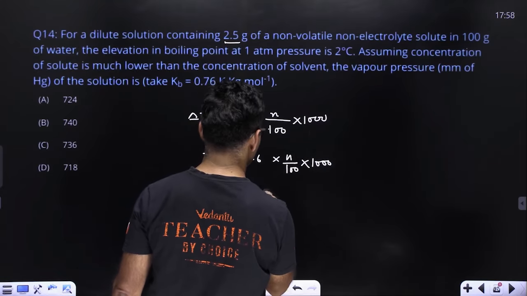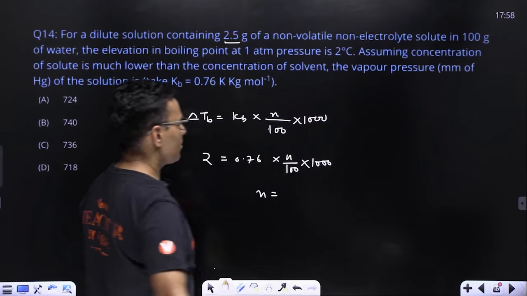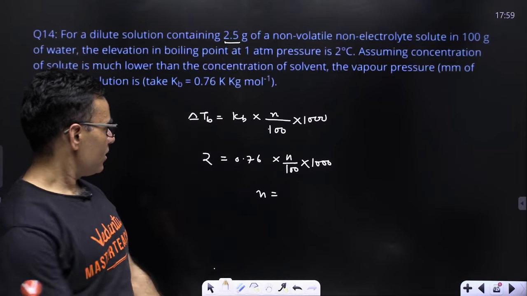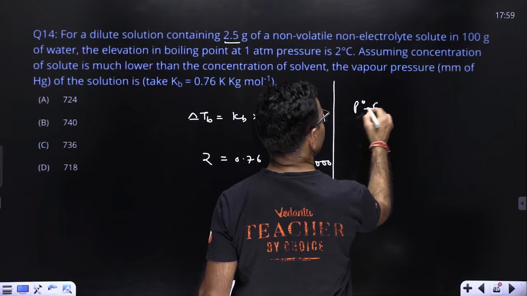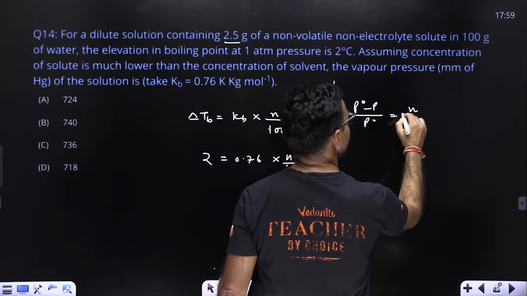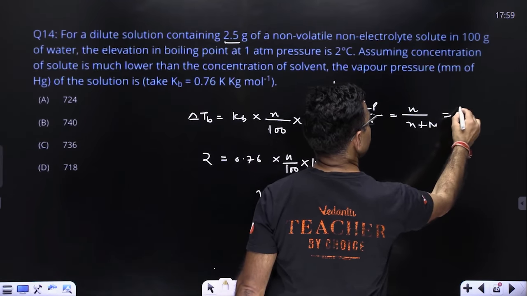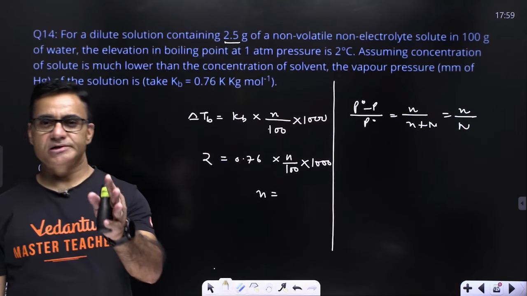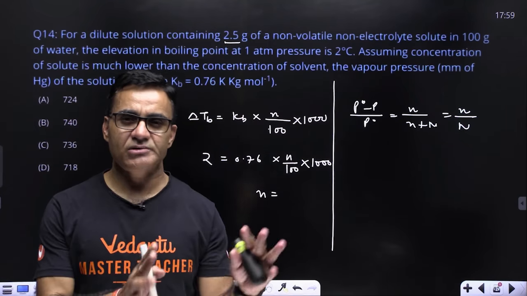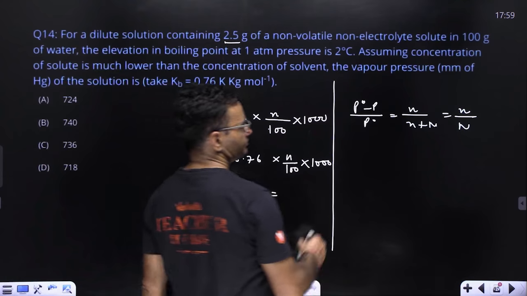All right, तो यहां से n की वैल्यू आ गई, मुझे small n निकल के आ गया। अब इसकी हेल्प से हम apply कर सकते हैं (P° − P)/P° = n/(n + N), which can be written as n/N। यहाँ पे small n को capital N के कंपैरिजन में neglect कर दिया क्योंकि क्वेश्चन में गिवन है सोल्यूशन डाइल्यूट है।